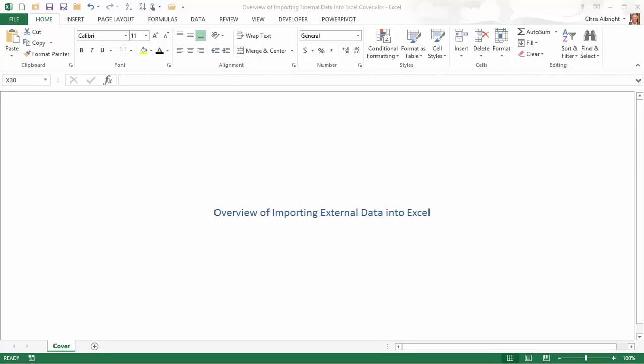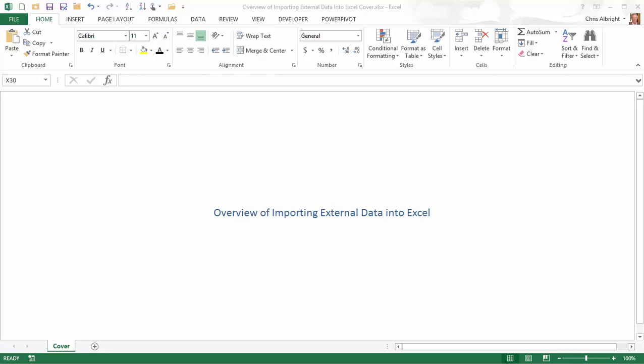Microsoft Excel is great at analyzing data, either with pivot tables or with its many other tools. However, the data to analyze are often stored somewhere other than in an Excel worksheet. The most common place to store large amounts of data is in a relational database, such as Access, SQL Server, Oracle, and others. Data can also be stored in text files, XML files, and on the web, and other sources